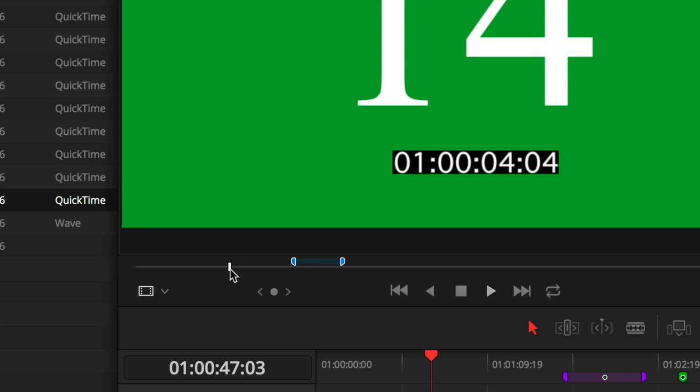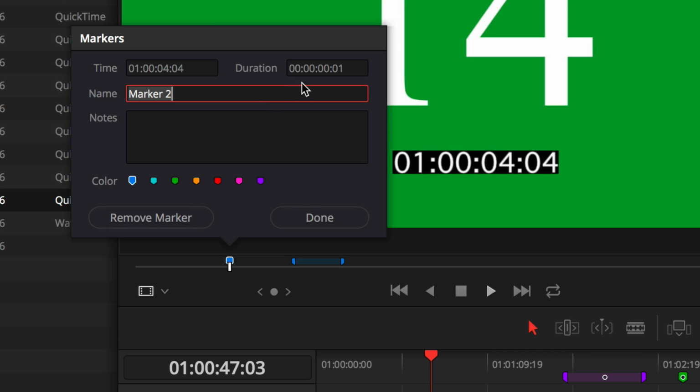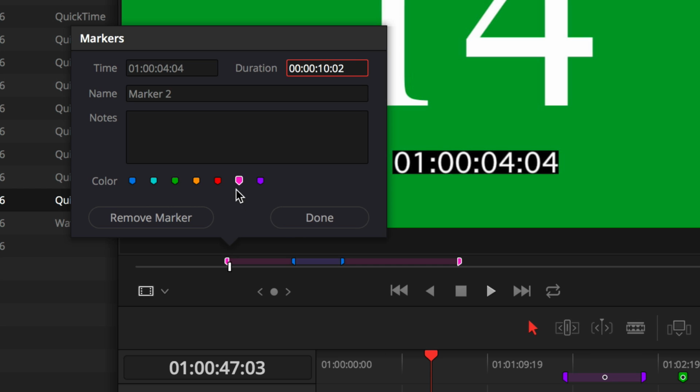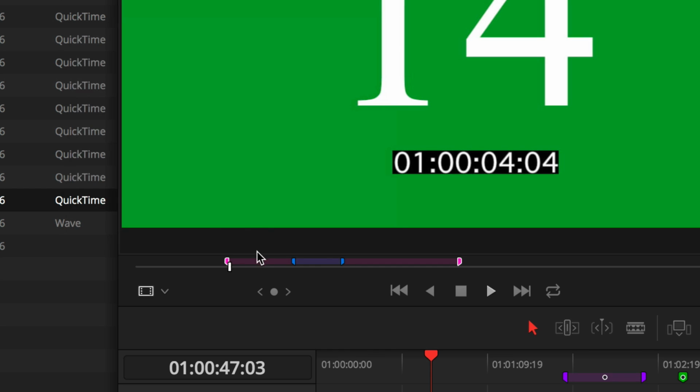Let me move a little bit further up here. Let's add that again, and let's go 1005 or 02 actually. I typed a 2 instead of a 5. When I hit return there, let's make that one that color. You can see that that actually added that longer duration, but you got to be specific where you type in